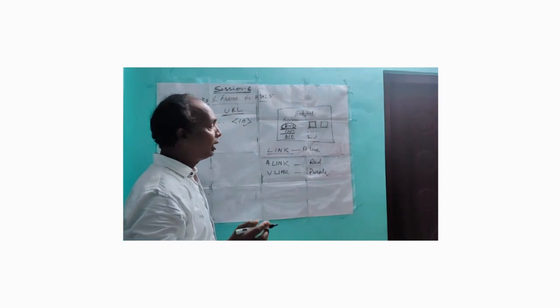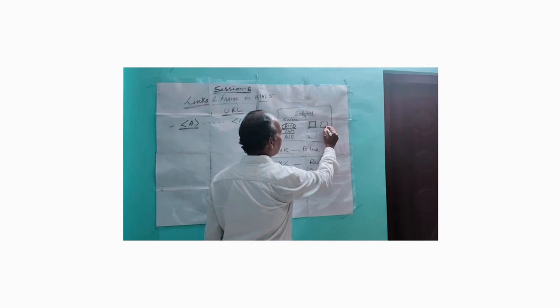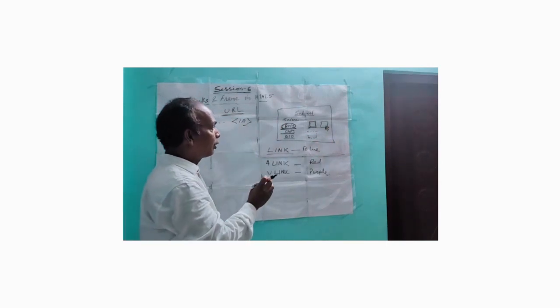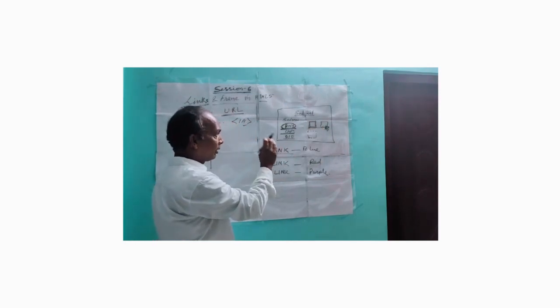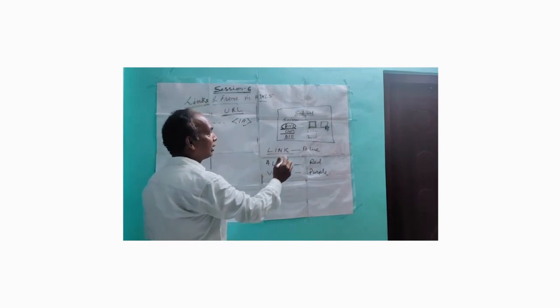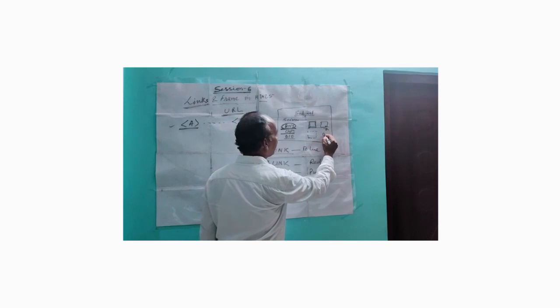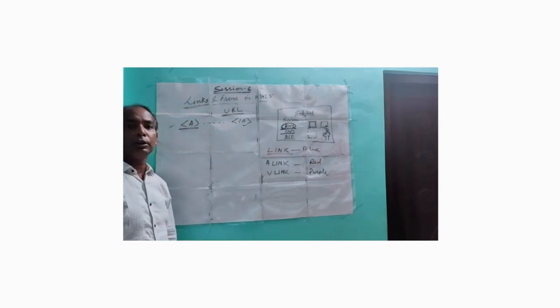Another process: if you bring your mouse pointer near the graphic or graphic icon, the shape of the mouse pointer will change into a hand. In this way, we can identify whether that particular graphic is linked or not.